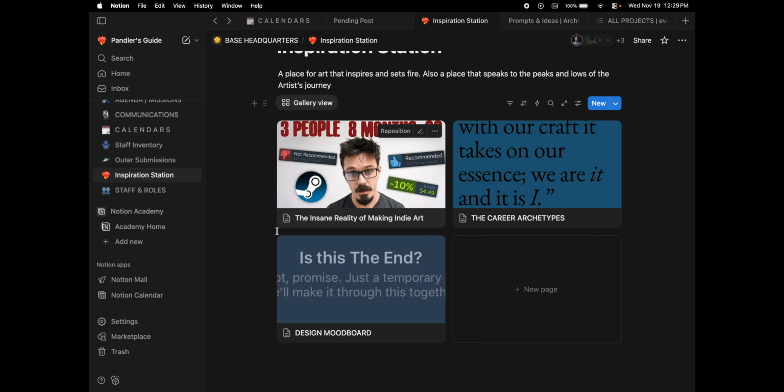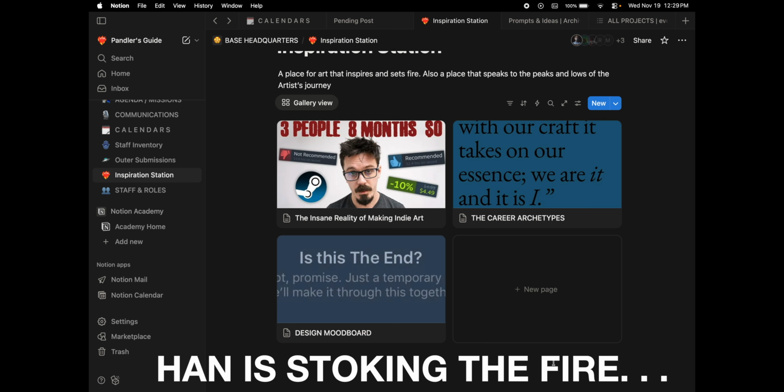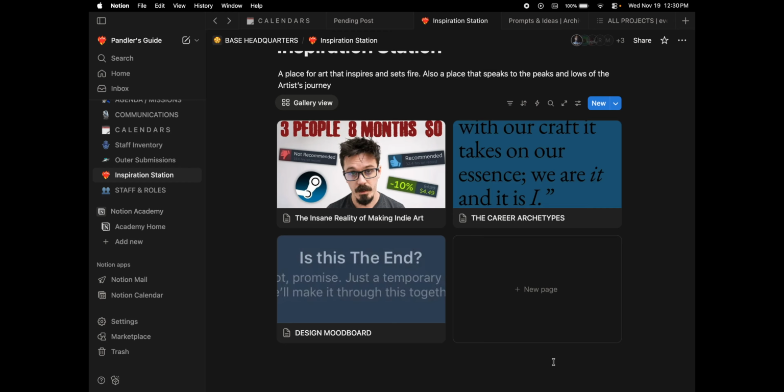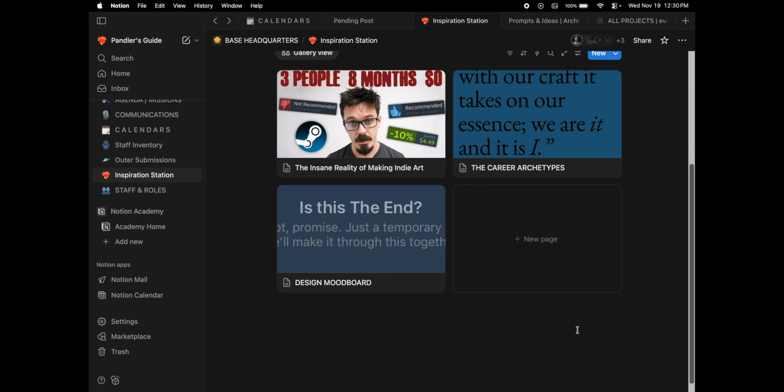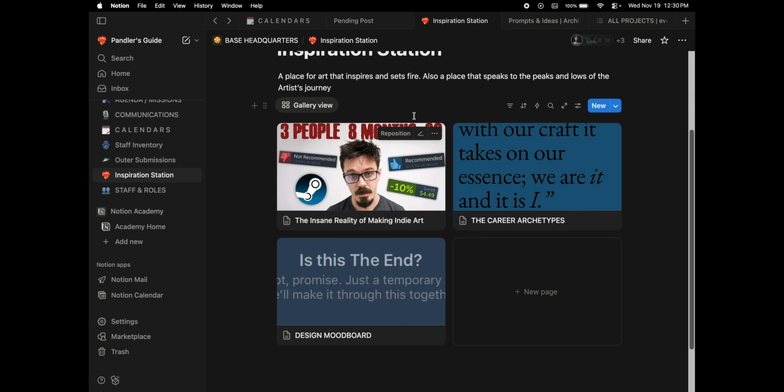this is where I want to just throw the things that inspire us, the things that make us think. I want this to be a space where we can have that creative fire stoked. You might not have anything to give to it for a while, but perhaps Hand is over there pulling long nights stoking the fire, and we take shifts as we can. But whenever you have something to offer, feel free to drop it in this space. Don't have to add photos. It doesn't have to be pretty. I do it just because I like the way it looks. Feel free to